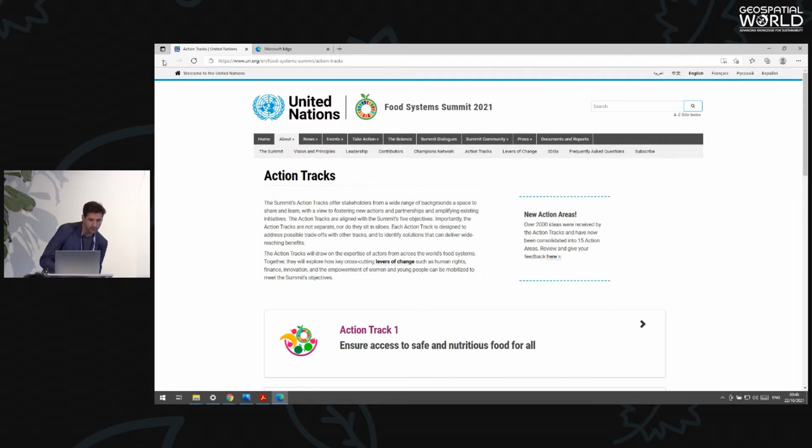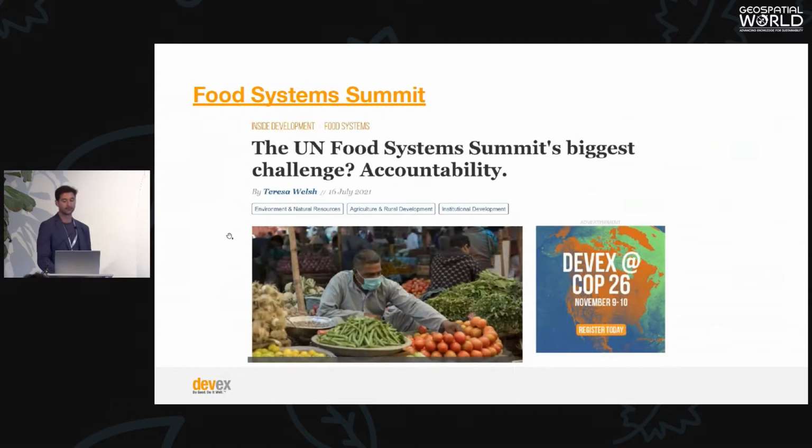As one of the biggest issues we've seen, and I've lost my presentation now, so let me try to go back to it, is accountability. So one issue is that they always make these promises, policy changes, regulations that we're trying to do, but they don't have a good way to track it. And I think that's where your community of data scientists, geospatial technology can help provide solutions about how transformation of food systems can change. A lot of commitments have been made to change food systems in a more sustainable way by 2030. But there are not necessarily the tools available to track those changes.